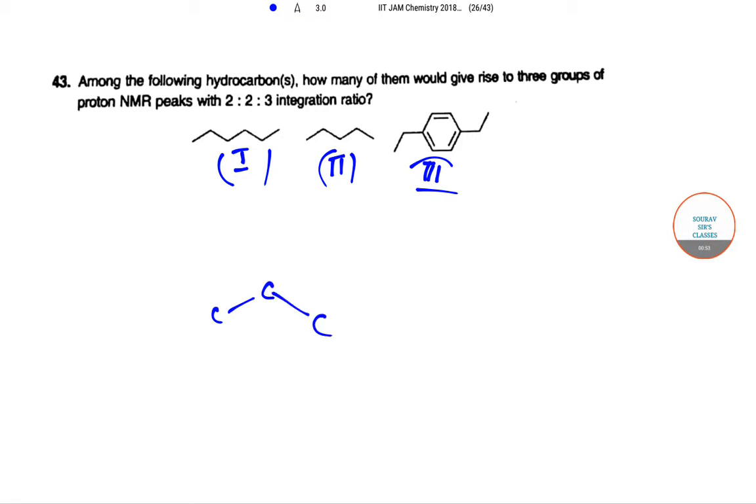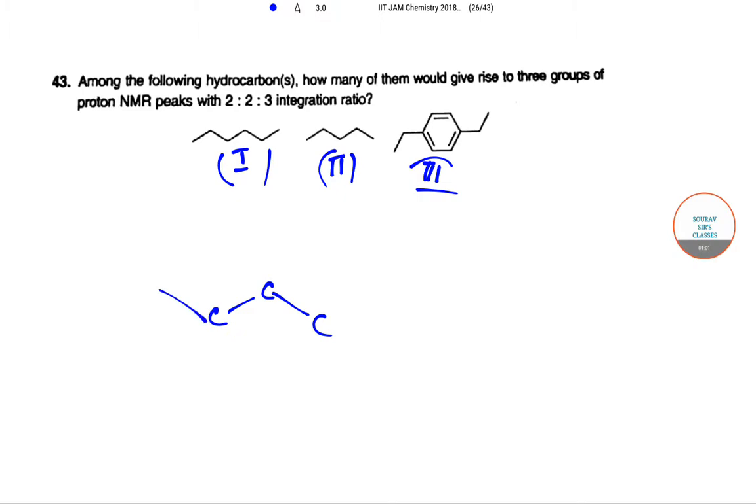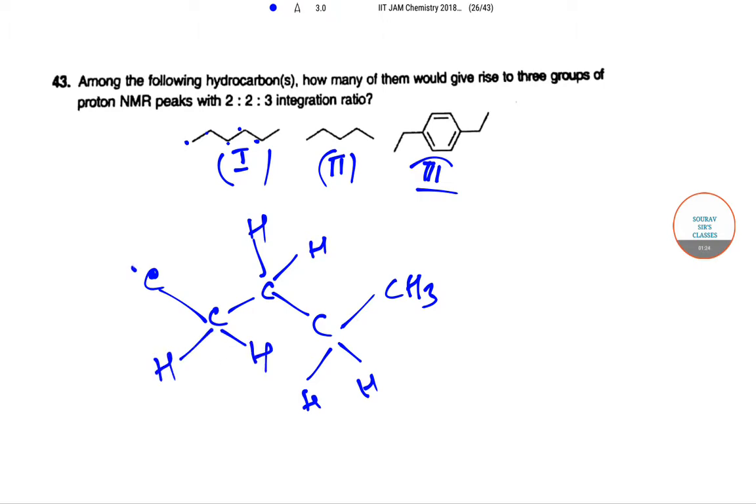So this is CC. Another C present here, and this part. So here there's a CH3, this is HH, here there's a H, another H, and here there's a hydrogen, and again there's a CH3 present here. So this will be